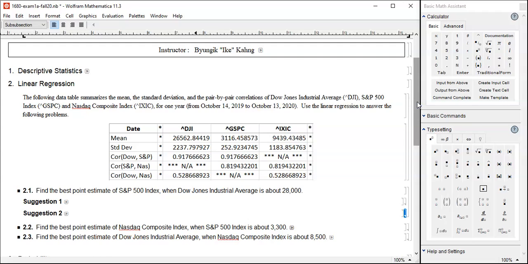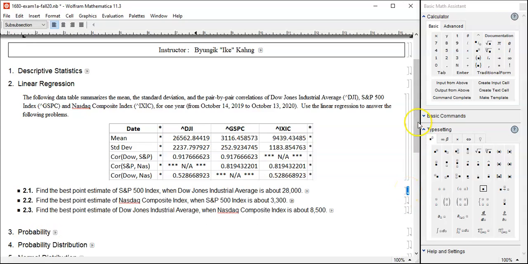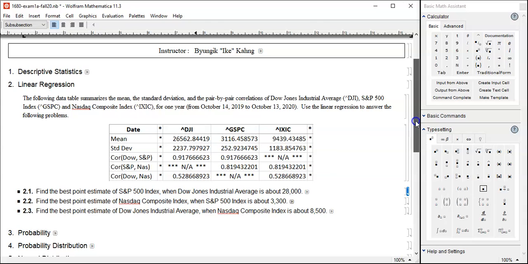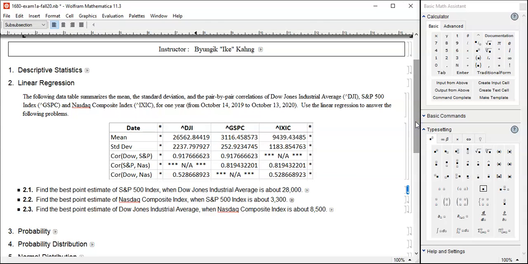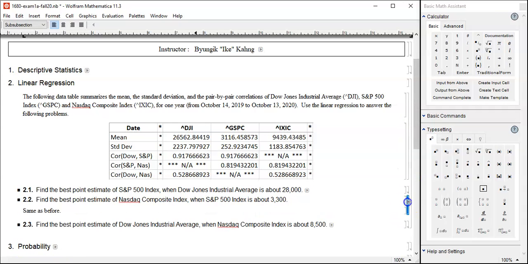But I can tell you this. The student who used the first method usually scored better. That much I can tell you. But I'm not going to stop you from using whatever method that you're using as long as you're doing it right. Now, as for the other two problems, same as before,